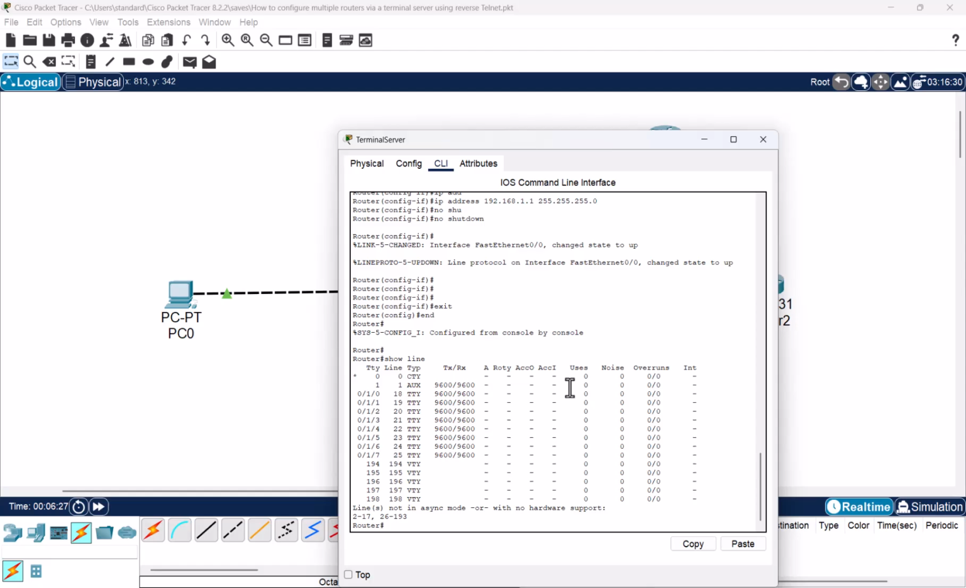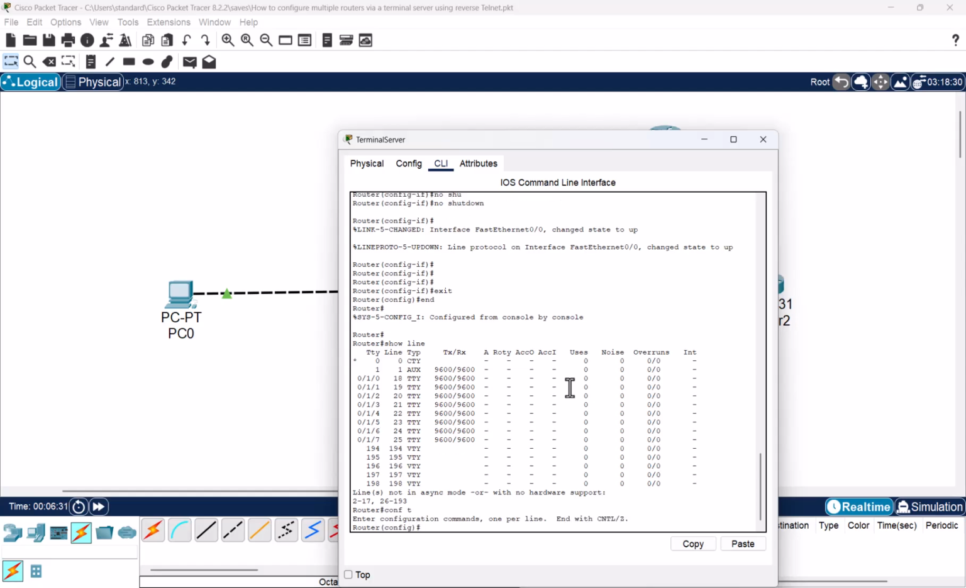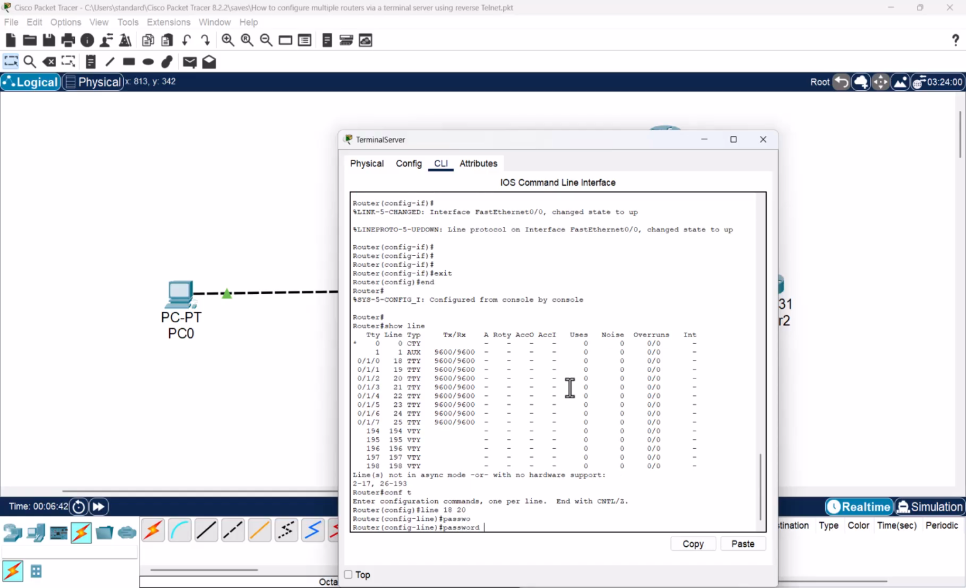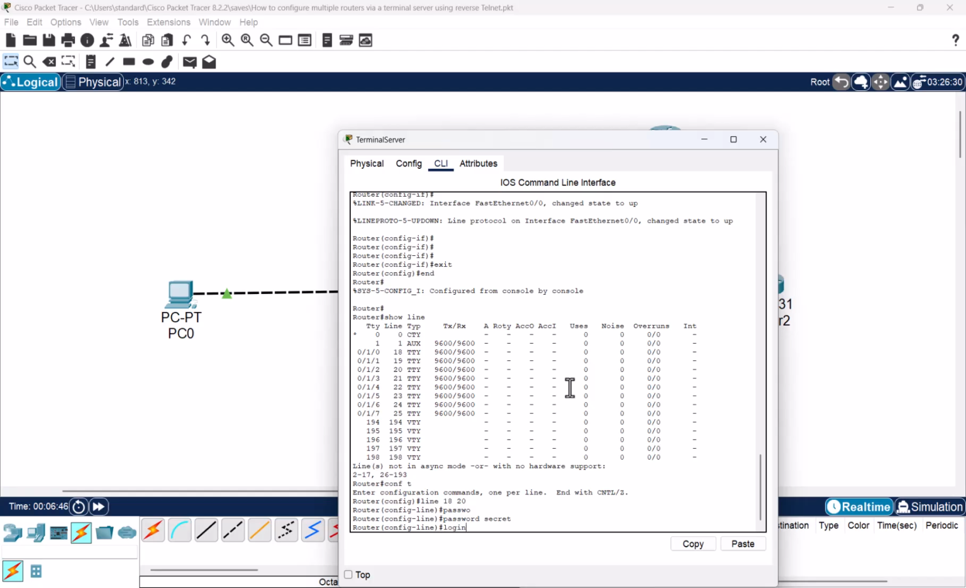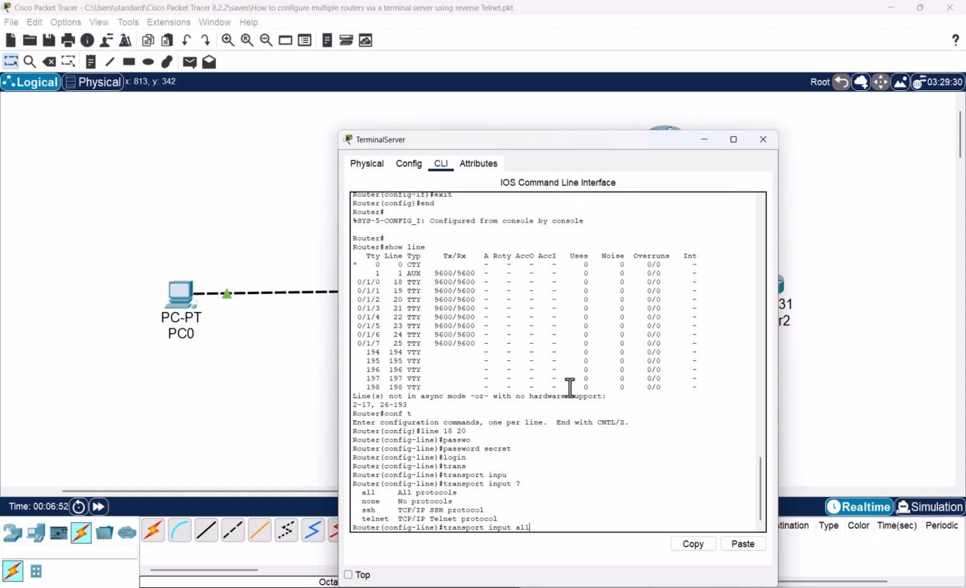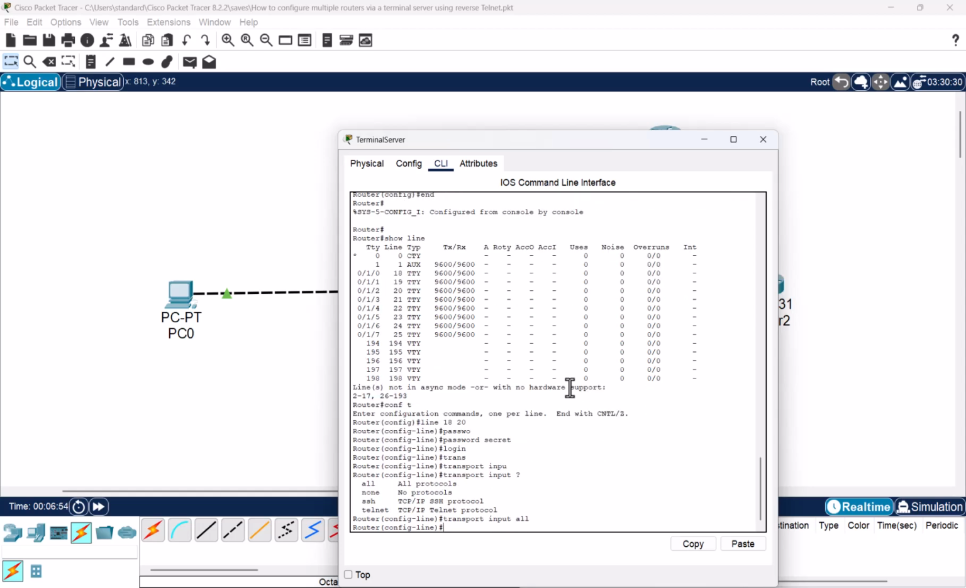So what I'm going to do is go back to the global configuration mode of our terminal server, and I'm going to run line 18 to 20. Then I'm going to configure a password of secret, login, and then I'm going to run transport input all. I'm going to commit my changes to memory,